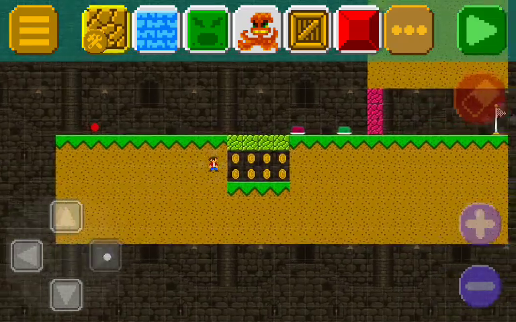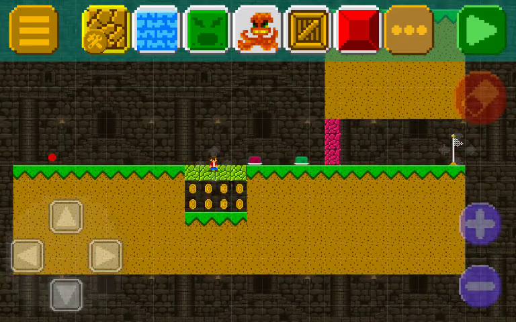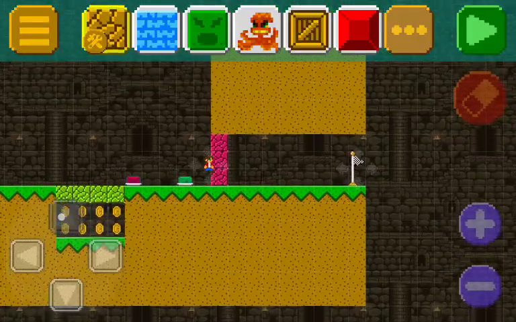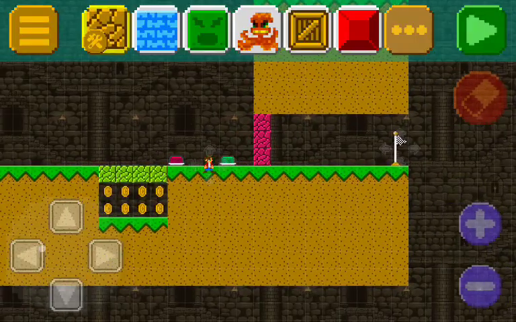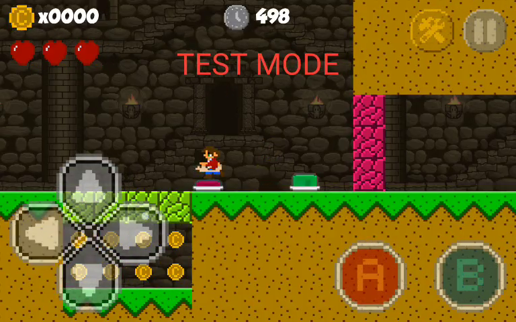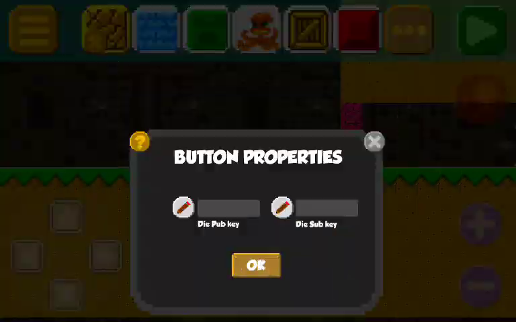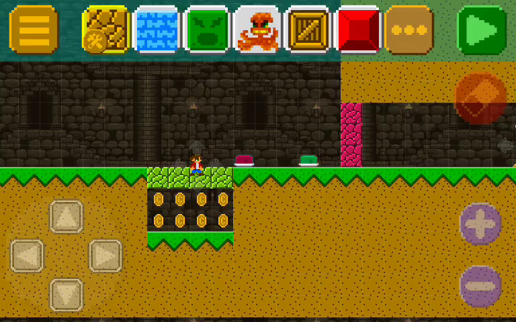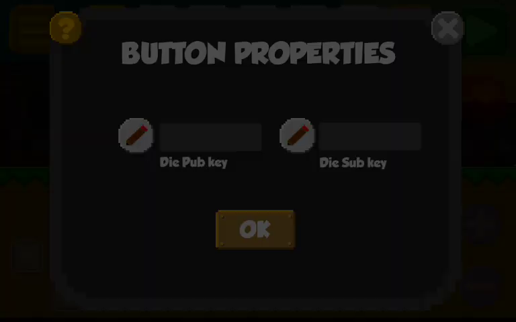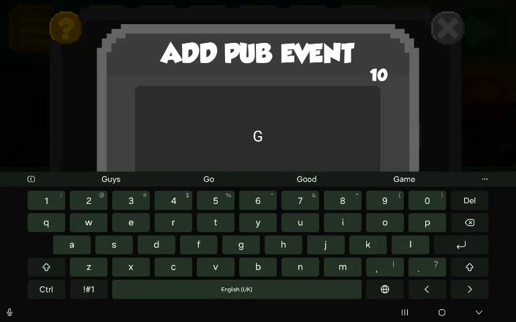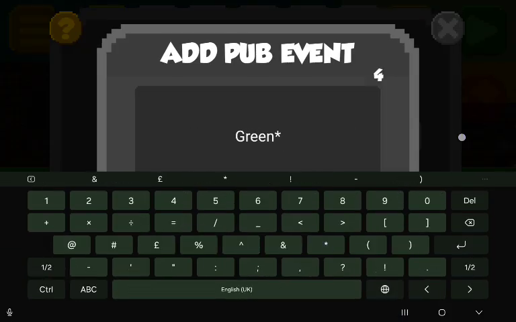So you see here, there's these blocks here, the green ones, and then there's the red ones. And there's a red button and a green button. Right now, these buttons don't do anything. So what you have to do is, if you want this green one to do something to these blocks, like delete them, you can tap on the button, set it to like green with the asterisk,